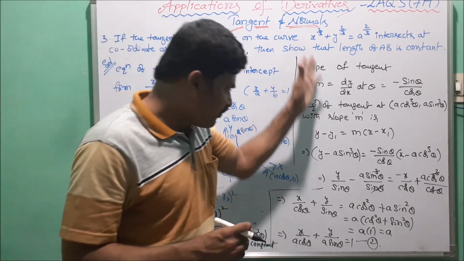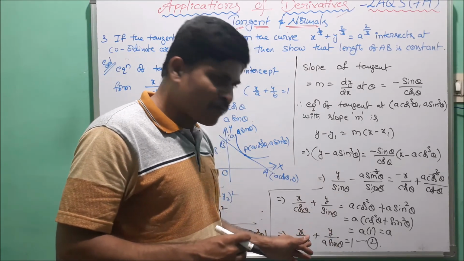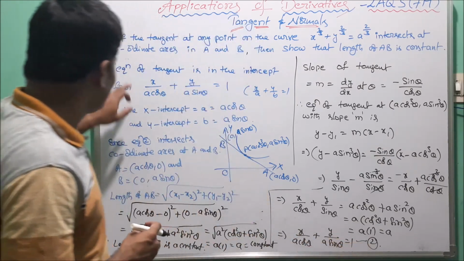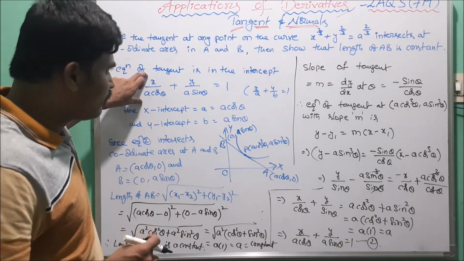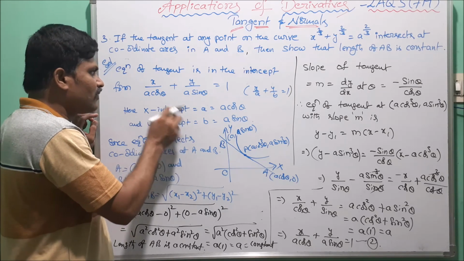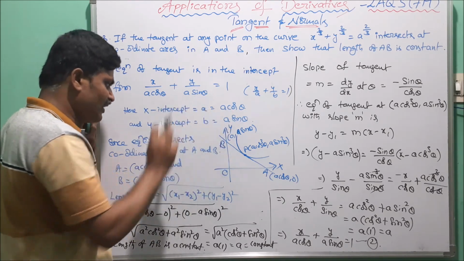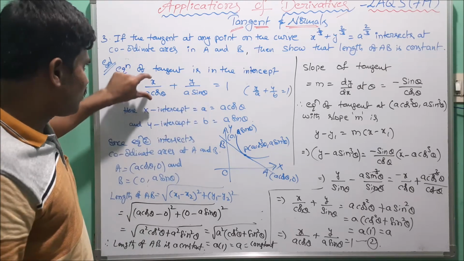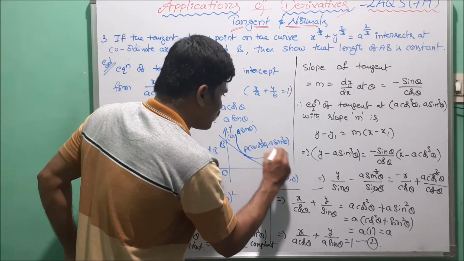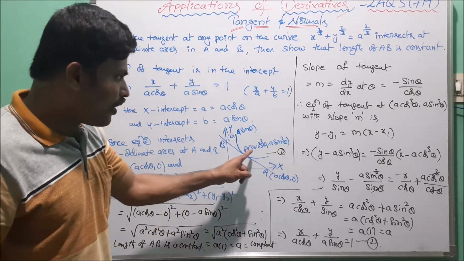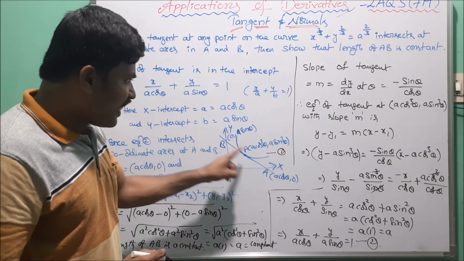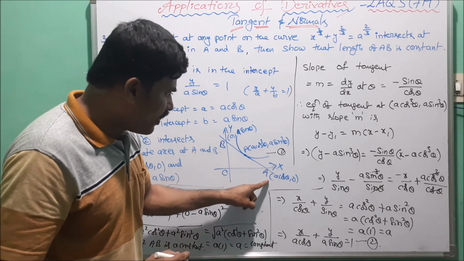So here, first to find the equation of tangent, that is the intercept form x by a cos theta plus y by a sin theta equal to 1. Now it can be taken as equation 2. Clearly this is the intercept form x by a plus y by b equal to 1. Here we observe x-intercept is a cos theta, y-intercept is a sin theta. That means this is the equation of tangent to the curve, equation 1, at the point P of a cos cube theta, a sin cube theta, and this tangent intersects the coordinate axes at the points A and B.